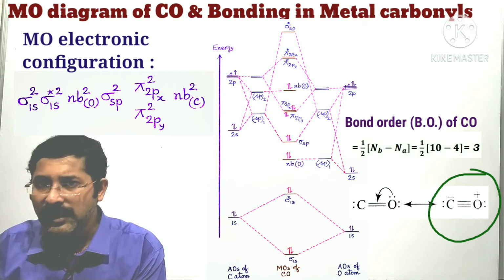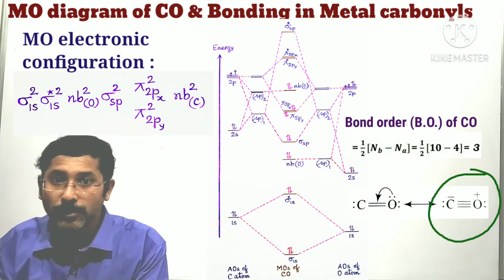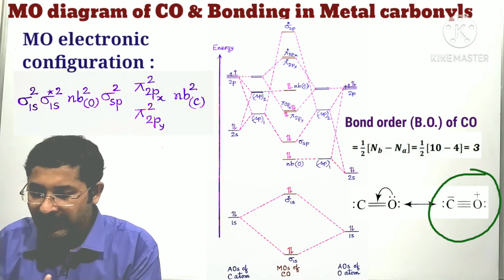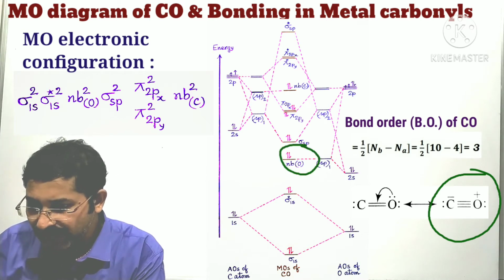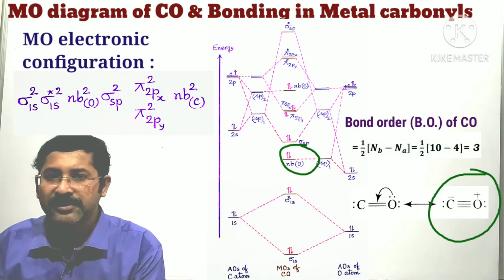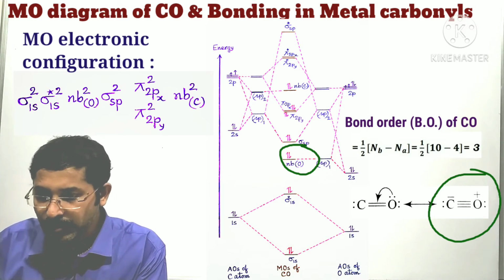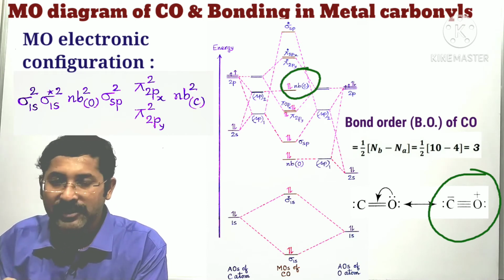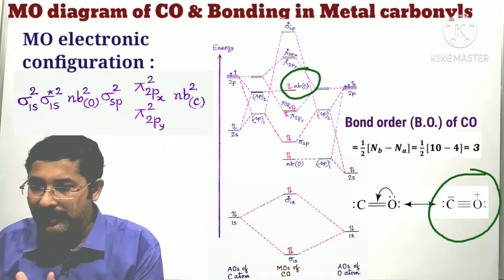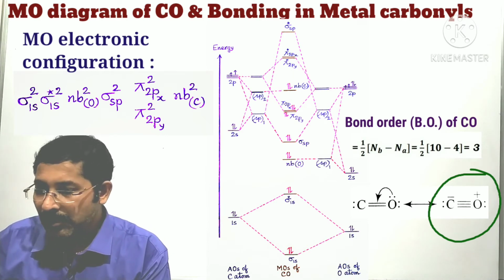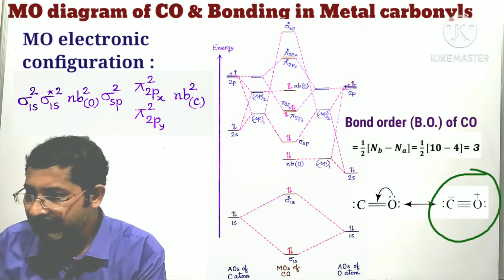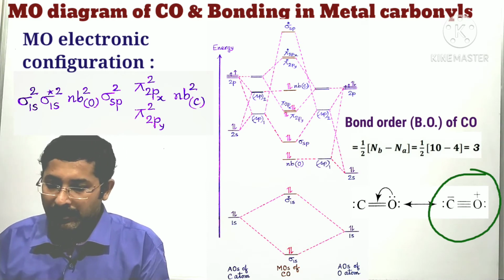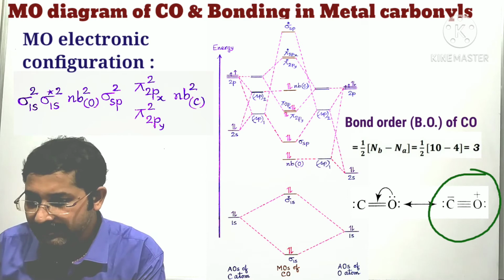So we can interpret this: the lone pair of carbon and the lone pair of oxygen can be interpreted by the molecular orbital diagram, in that this non-bonding electron pair of oxygen is actually present as the lone pair of oxygen, and this non-bonding electron pair of carbon is actually present as the lone pair on carbon. So this resonating structure actually explains this molecular orbital diagram more accurately, right? So let's proceed.